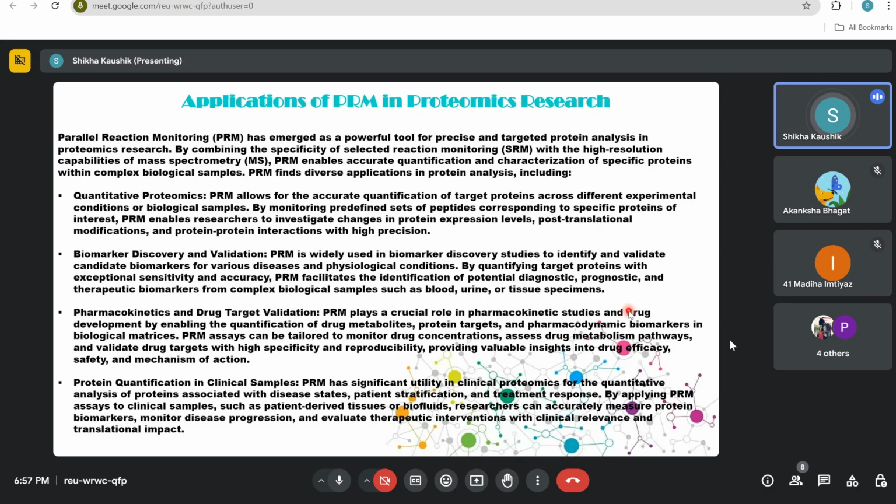Then you have protein quantification in clinical samples. So PRM has significant utility in clinical proteomics for quantitative analysis of proteins associated with disease state, patient stratification and treatment response. So clinical sample में तो बहुत ज़्यादा use करती है. So for example, when you're comparing normal versus cancer or normal versus disease, particular protein को ही आप study करो, you have your targeted proteomics in the mind, so you can use PRM